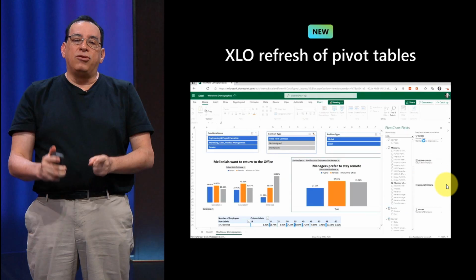And this is also one of my favorites: Excel refresh of Power Pivot tables. You can connect to the Power BI dataset inside the Excel file. Like Analyze in Excel is also there, so you can directly connect to your Power BI dataset inside the Excel files.